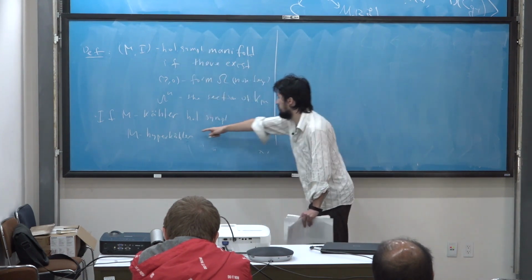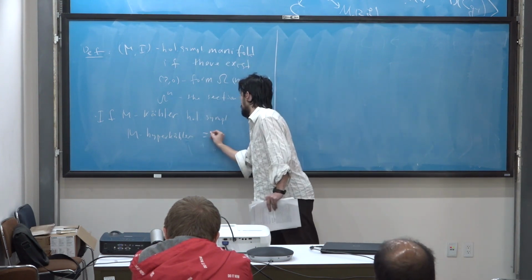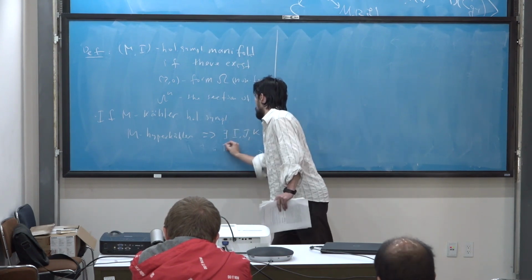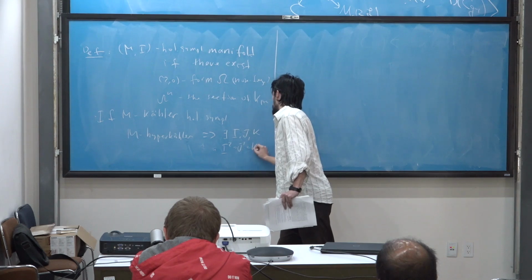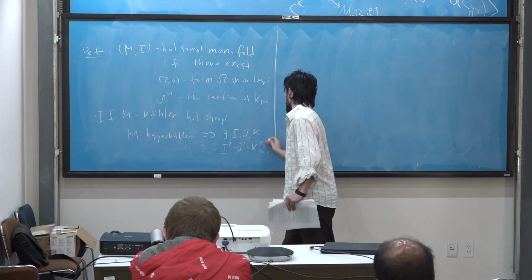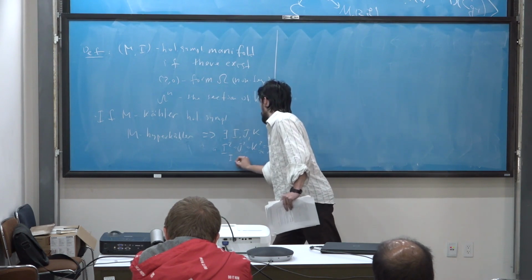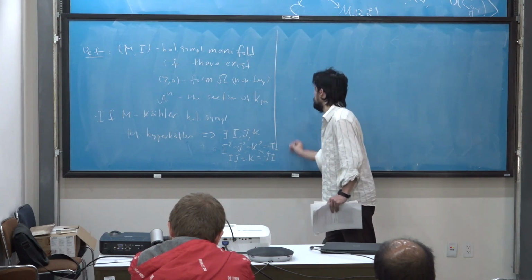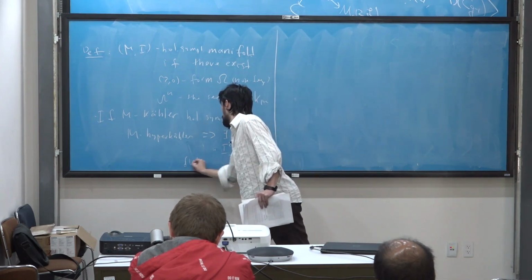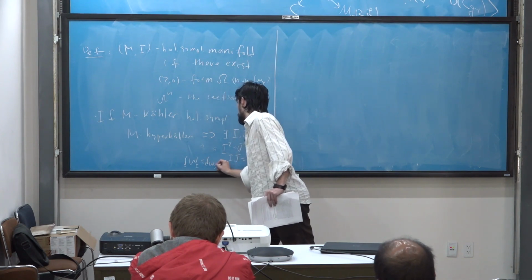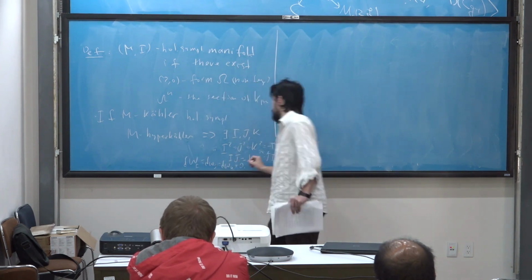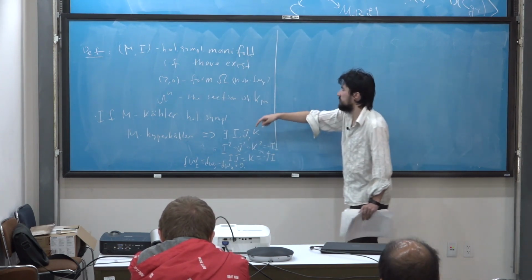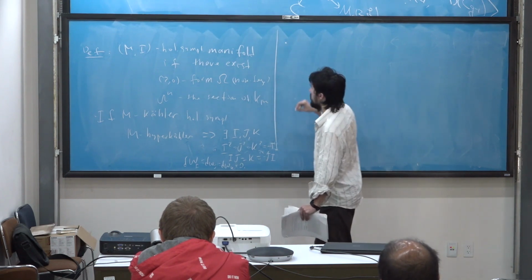So if M is hyperkähler, it means that there exist three complex structures I, J, K satisfying quaternionic relations. And the Kähler forms are closed. For such manifolds, we have first the Bogomolov theorem,